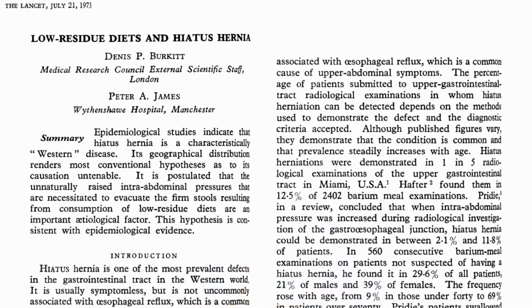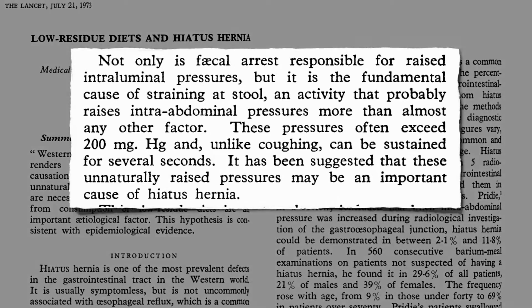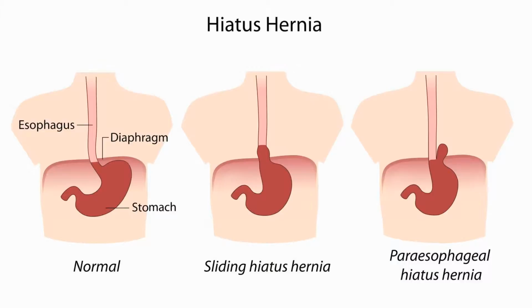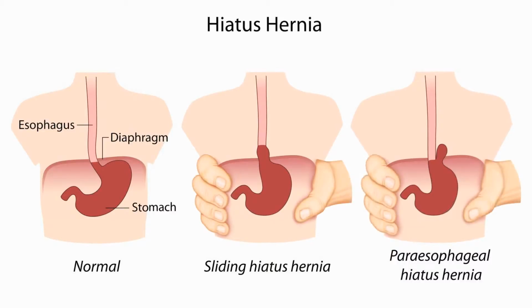Straining at stool raises pressures inside our abdominal cavity more than almost any other factor. When we bear down and strain at stool, it's like squeezing our abdomen and may herniate part of our stomach up. Consistent with this concept